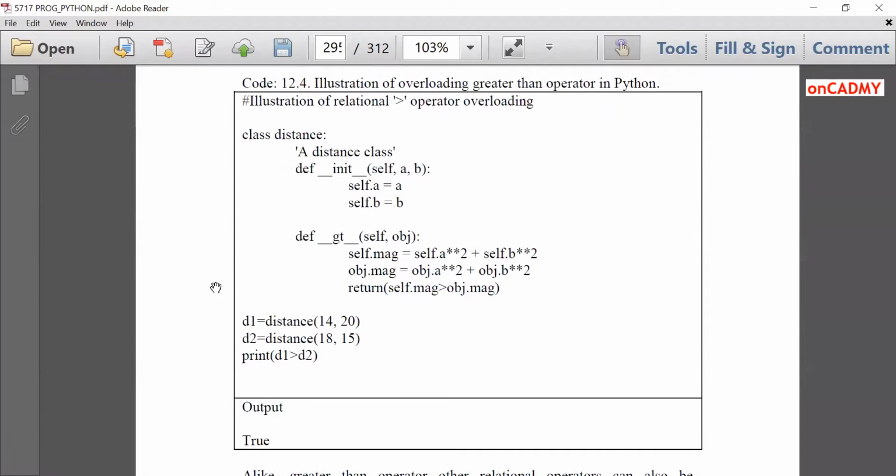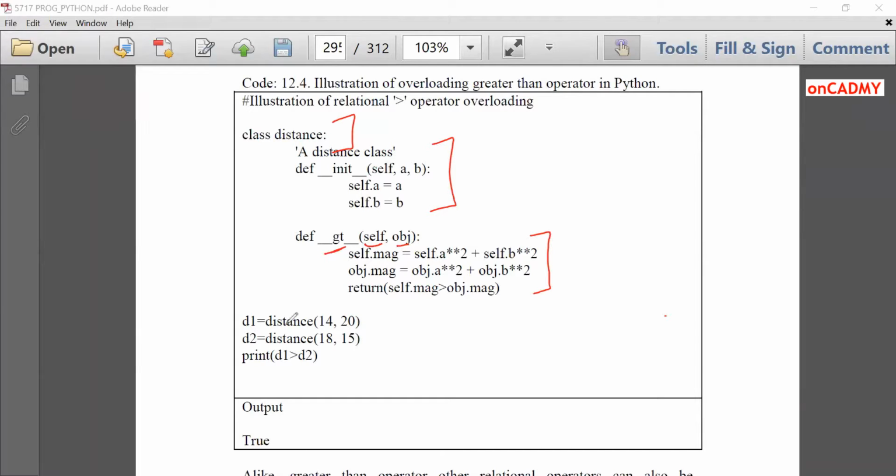So how to do that? It's very simple. Here we are going to check distance values. So which distance is larger? For that, we have created a class Distance. And in the constructor method, we have initialized the values of A and B. And for the greater than symbol, we use __gt__, the inbuilt function given by Python for overloading. __gt__ for greater than overloading takes self and obj, where self represents the calling object and obj represents the object passed as argument. Okay. And in this function, what we have done, I am telling you later on, but before that, let's study this.